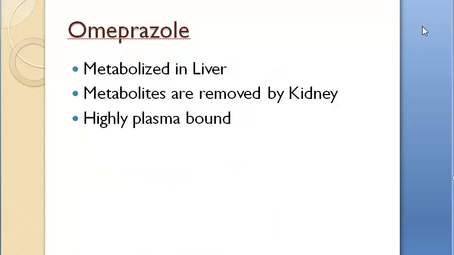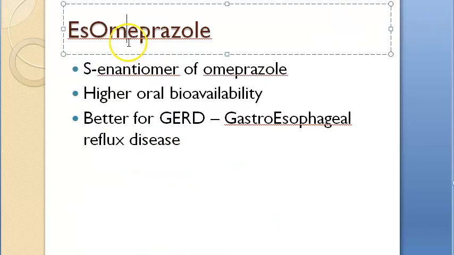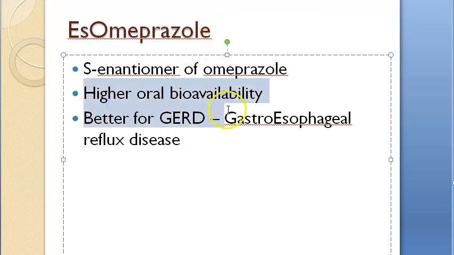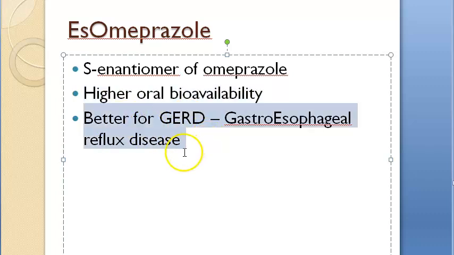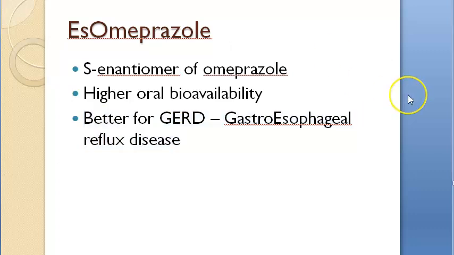Then I'm not going into very much detail of pharmacology. Then you have S-omeprazole, very commonly prescribed because it has higher bioavailability than omeprazole. It is better for GERD, gastroesophageal reflux disease. Guys, so you understood, the treatment for peptic ulcer, GERD, all that is this PPI. Okay. Next,